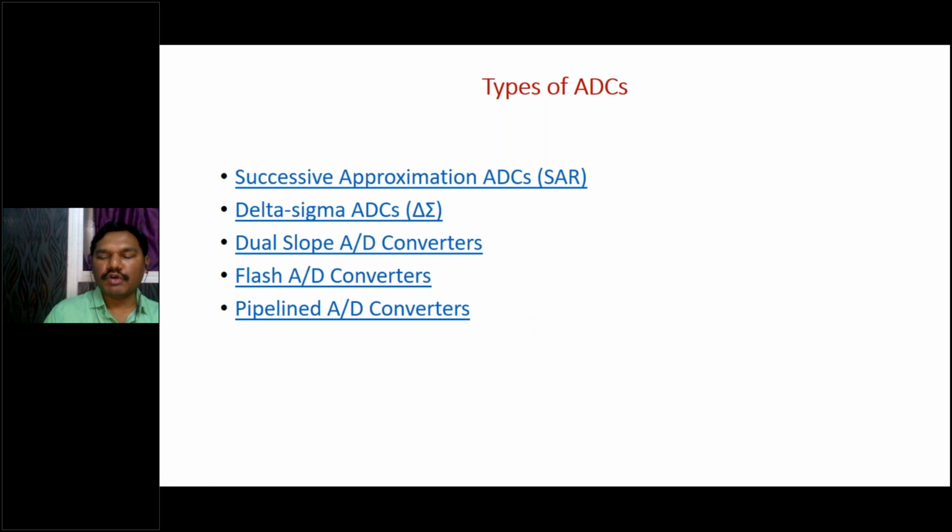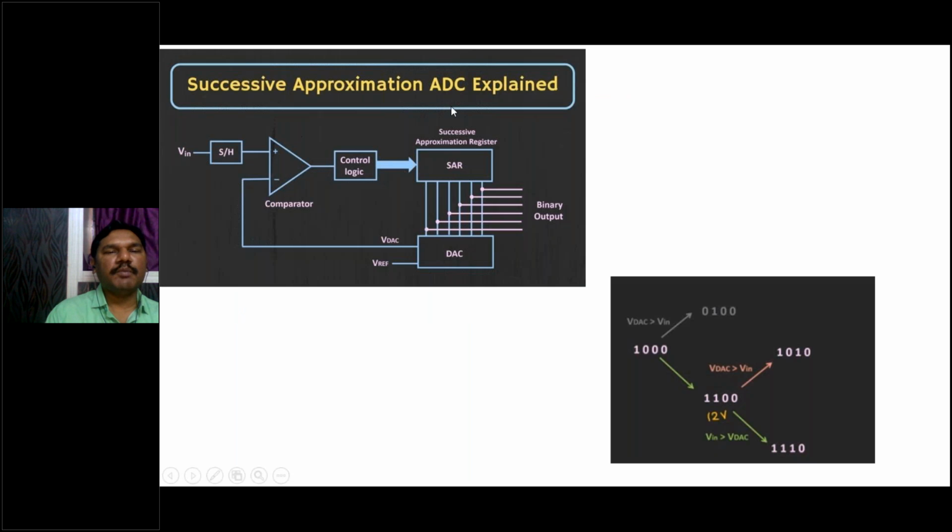There I have studied this. Now I want to introduce one, that is the successive approximation ADC. This is the most used ADC in the industry. In this successive approximation ADC, we follow this technique or logic. Here we have an analog input, which is passed through a sample and hold circuit and applied to an op amp. This op amp acts as a comparator. This is also something we study in the ICA subject, how an op amp can act as a comparator.